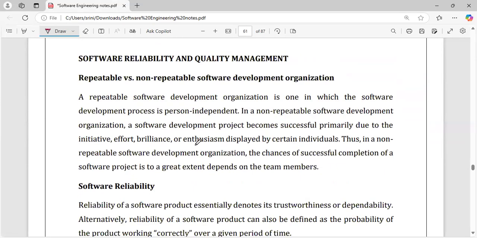Right. Next, software reliability and quality management. In this module, we will see ISO standards and then the capability maturity model. A repeatable software development organization is one in which the software development process is person independent, which means